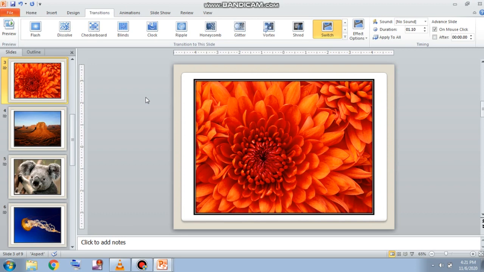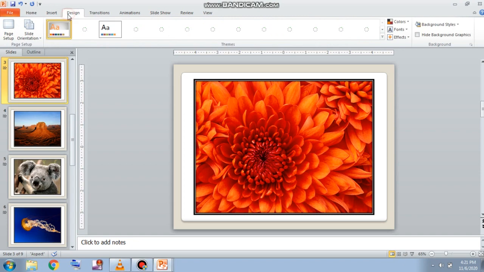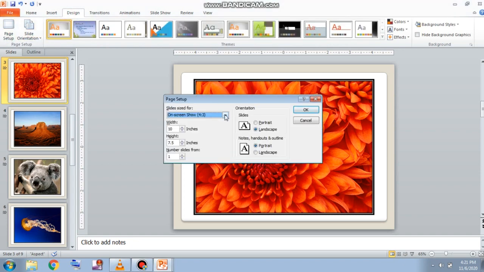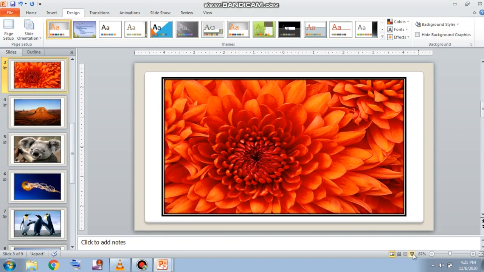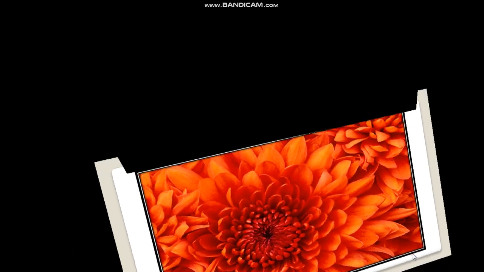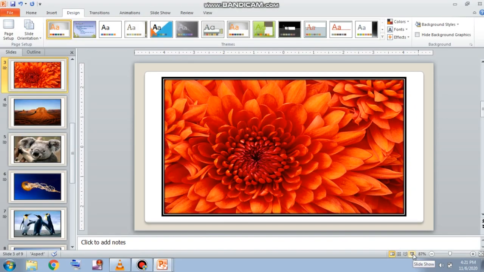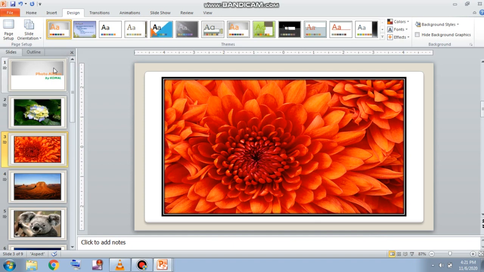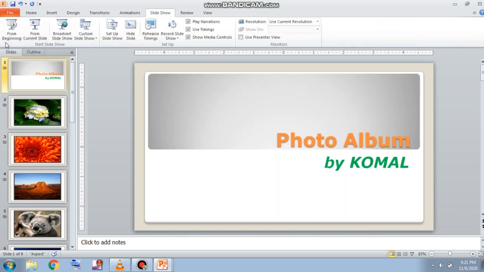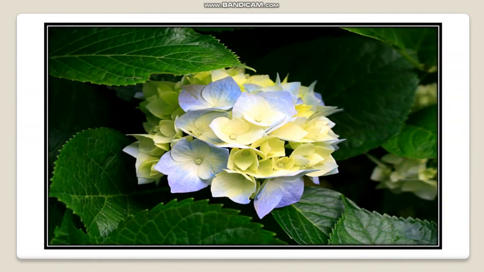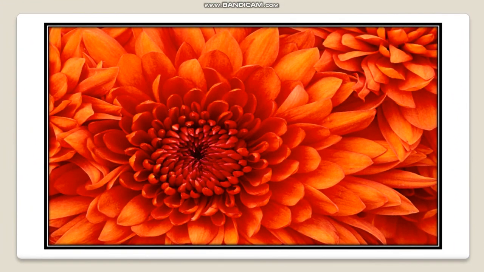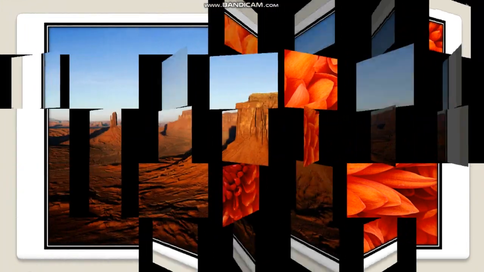Now I will be showing you in full screen so that you could understand how your slide is looking after applying different kinds of slide transitions. Now we will click on slideshow. Now here these are our different slides. Let us first of all go to slide number 1, go to the slideshow tab, and we will click from beginning. So it will start from the first slide. So now this is slide number 1, slide number 2, slide number 3, 4 and so on.